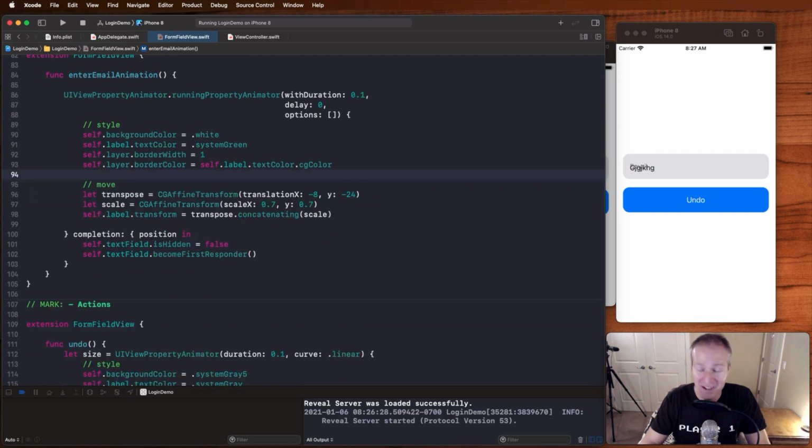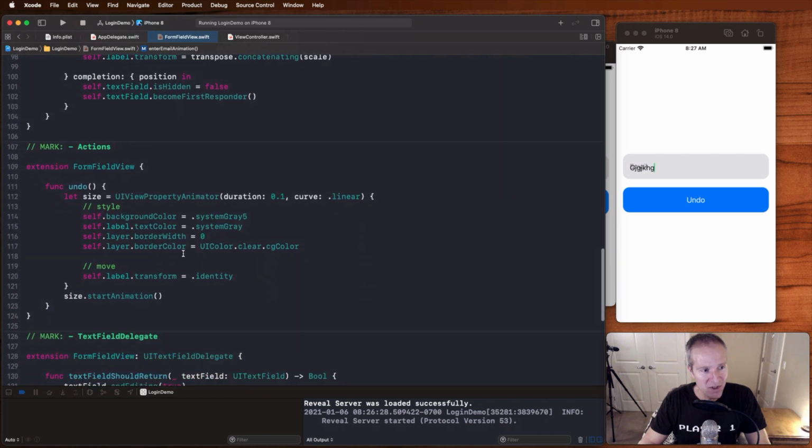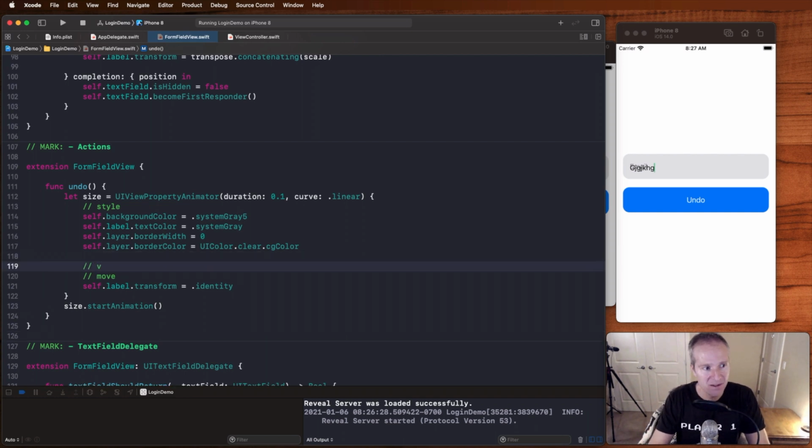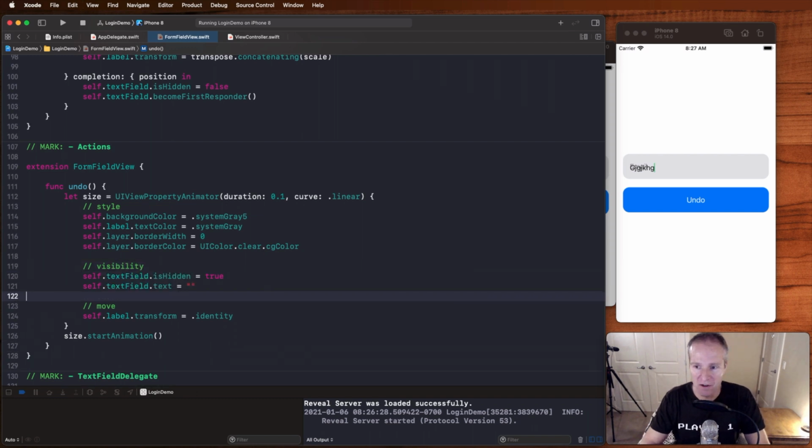And also, I inadvertently added some visibility code here in enter email. This shouldn't be here, so just take note of that. Apologies. Does that look good? Let me just double check. Yes, that looks good. Let's go down to our undo here, and it's in here where we'll start doing some visibility work. Let's just add a tag here called visibility. And in here, we are going to hide our text field because we're undoing,